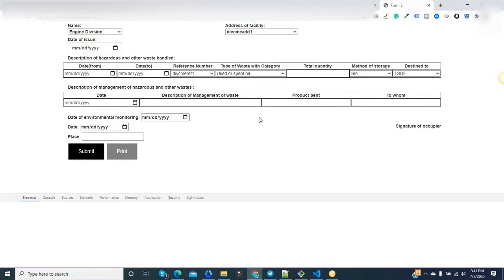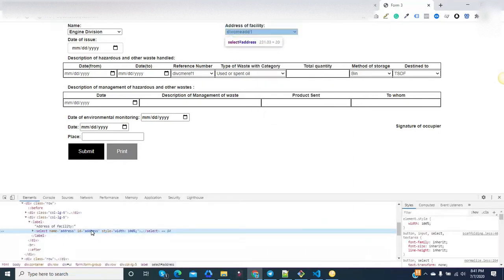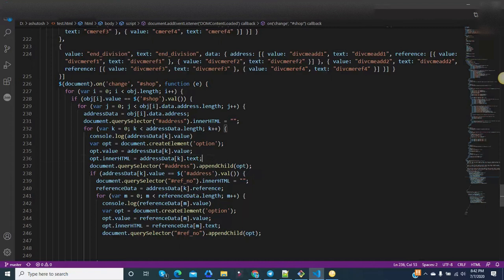If we inspect and go to the code, you will see the value is there and the text is also there, and both can be different. So again document selector, I am selecting the address and appending all these generated values as options.